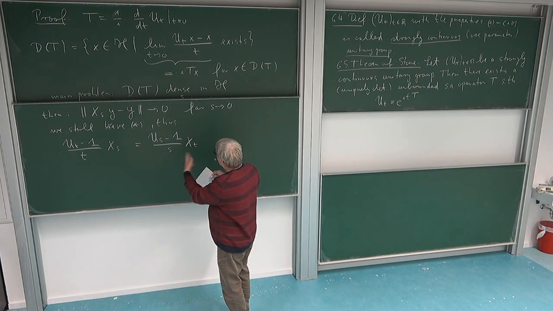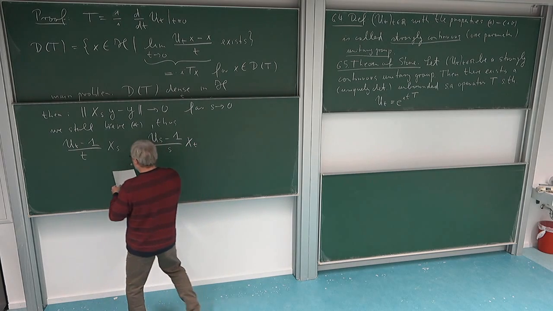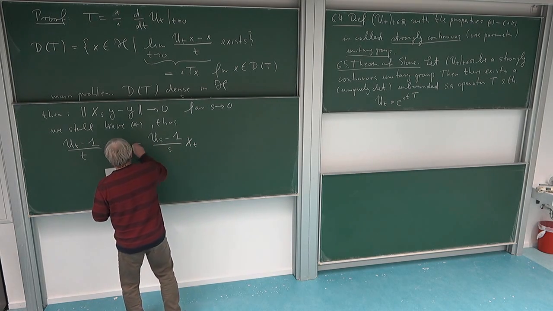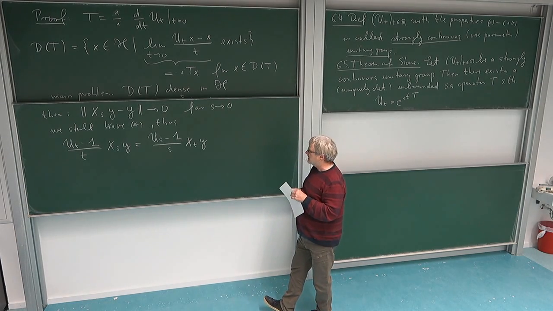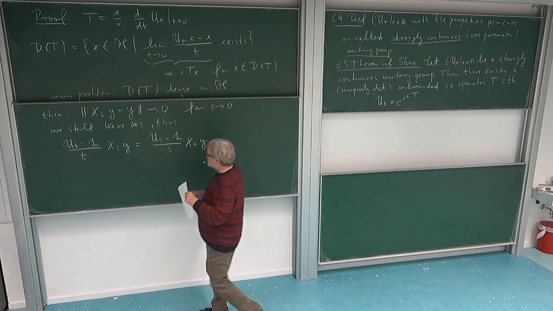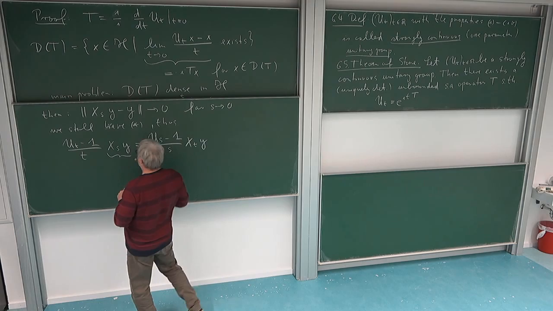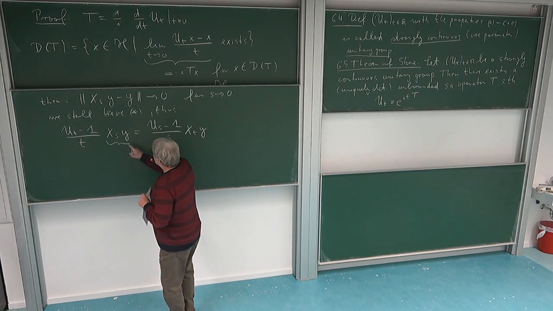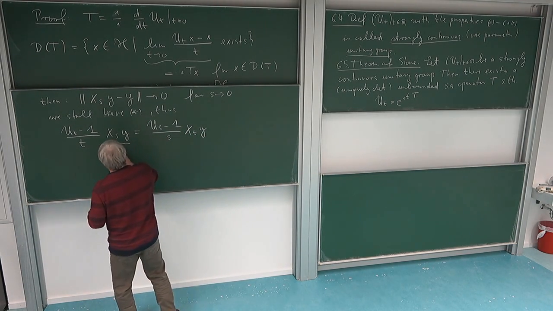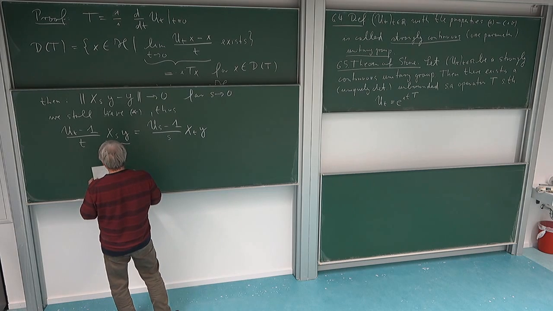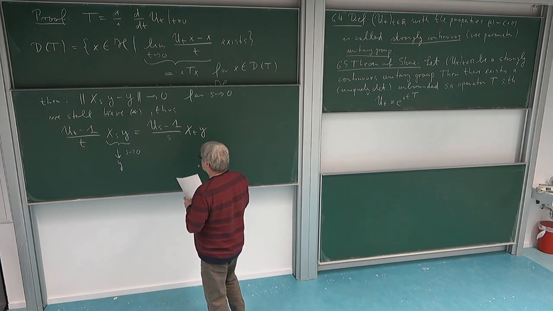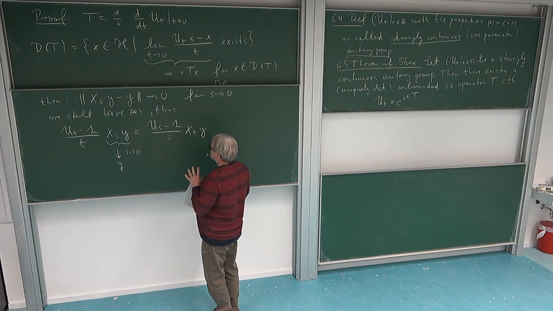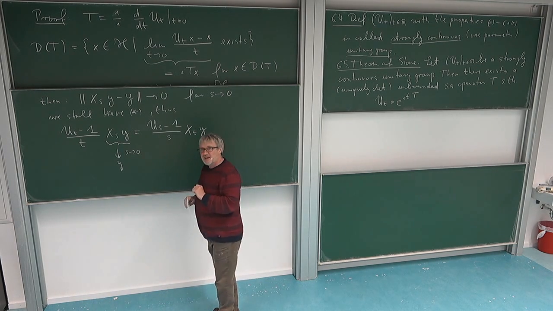So let us apply this equation to some vector. Namely, let's say I'm taking here vector y. I'm applying this to a vector y, and I can do this for any y. And now I know what happens with this guy if s goes to 0, namely this just goes to y. This converges to y if s goes to 0. And then again I can now say, okay, so let us take this equation, fix t, and send s